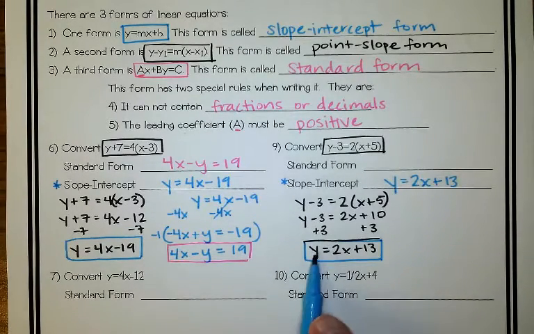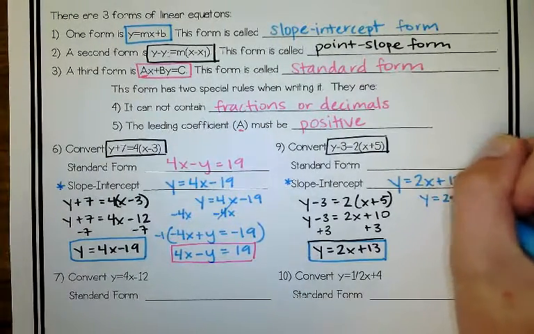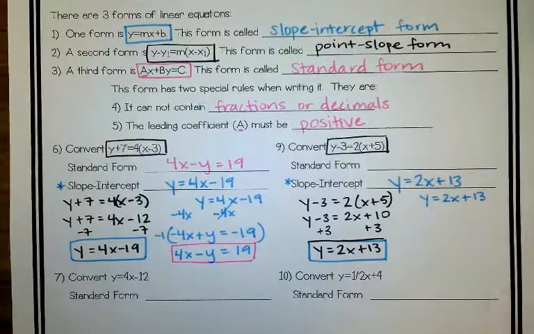What does it start with? Y equals. If you start with y equals, there's a good chance you're in slope-intercept form. We want to get that y by itself. Okay? Now we're going to take this slope-intercept form, y equals 2x plus 13, and we want to convert it